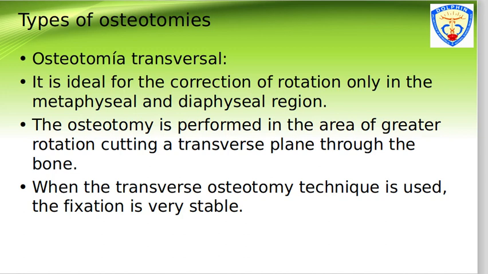Then what are the main types of osteotomies? So first is transverse osteotomy. It is ideal for the correction of rotation only in the metaphyseal and diaphyseal region. The osteotomy is performed in the area of greater rotation, cutting a transverse plane through the bone. When the transverse osteotomy technique is used, the fixation is very, very stable, and this is basically used for